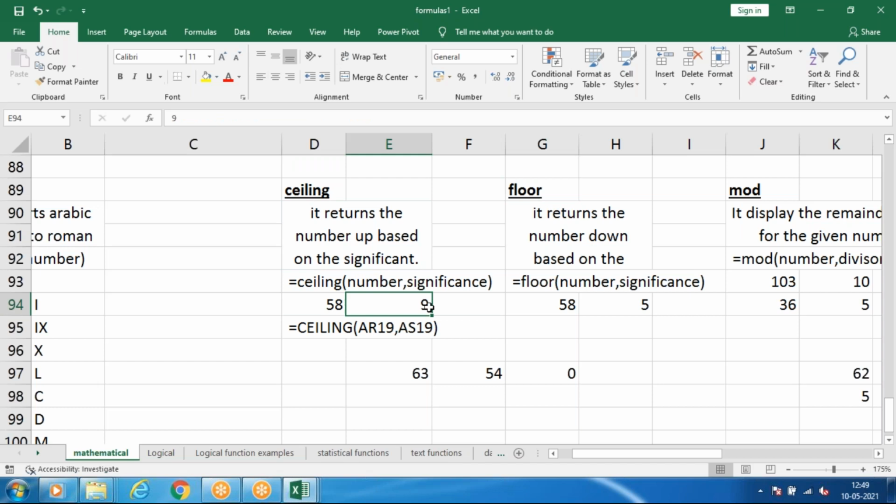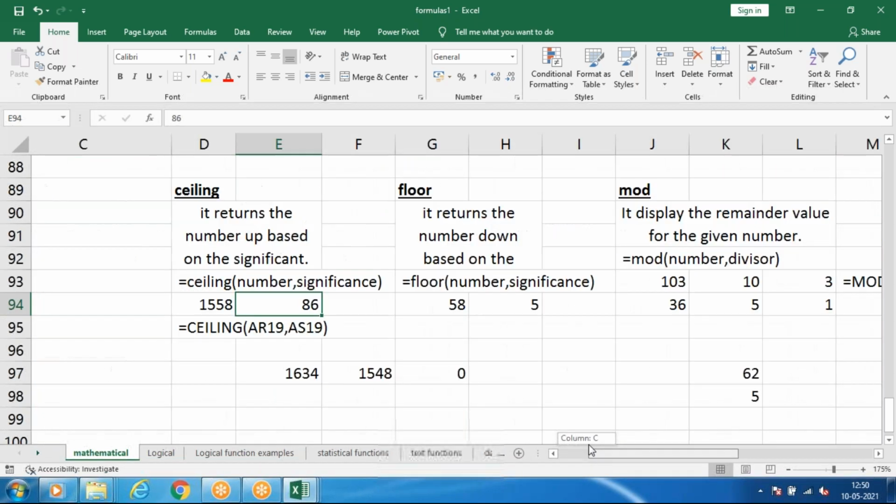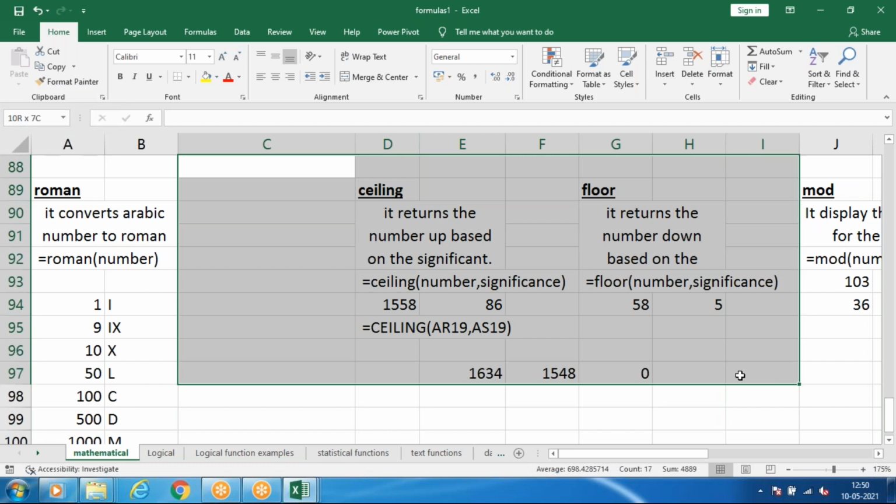So this is not only for small values. When you have some complicated values like 86, and when the amount is more, like 1558, so if you have values like this, either he has to give this much or this much, because in each thing I have to put only 86 things. So that time you can use ceiling or floor. Any doubt in ceiling or floor?